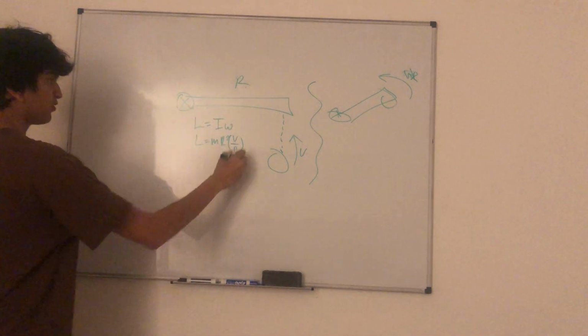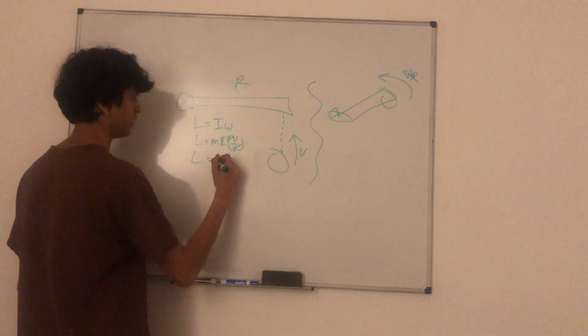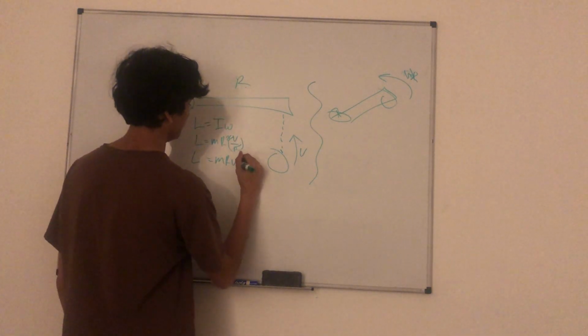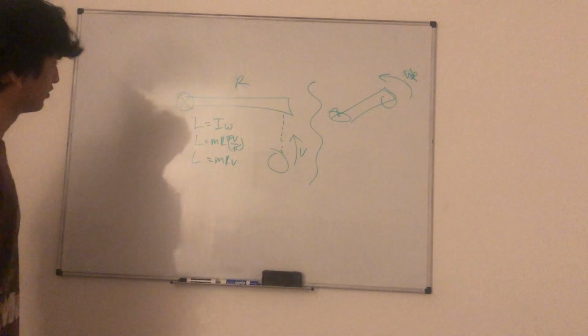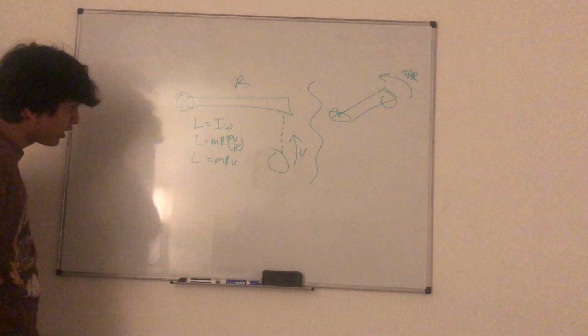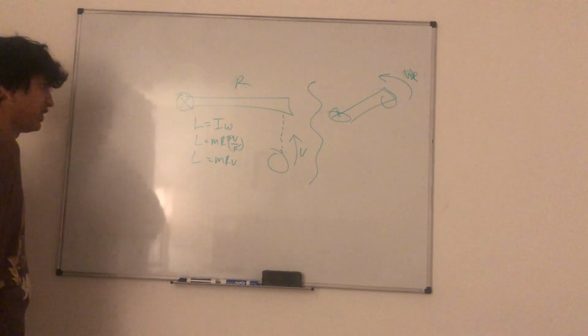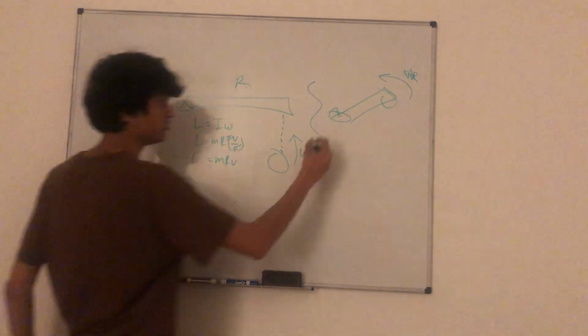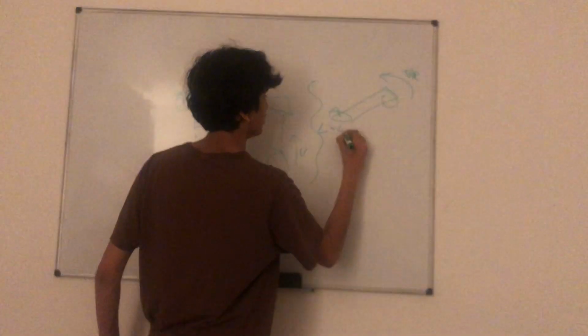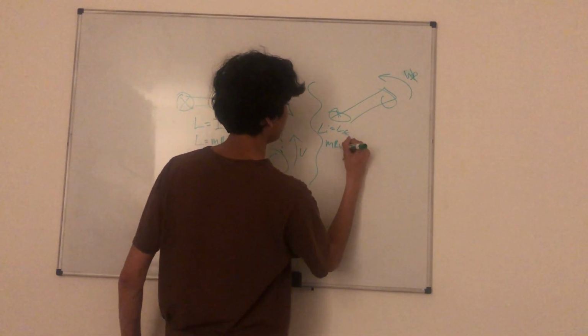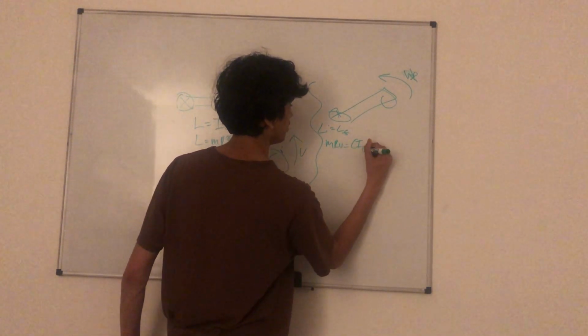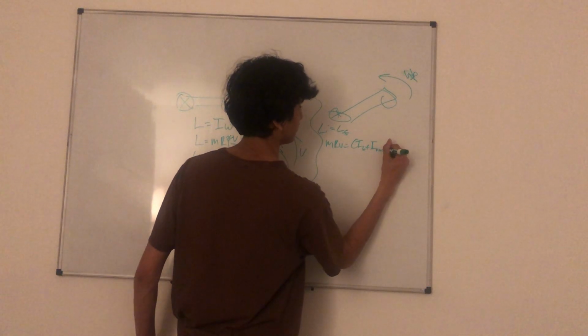Then these r's cancel out, and you get L is equal to mvr. So there you go. Now what you notice is that that makes sense. We could still do our L initial equals L final. We can do mRV is going to equal I ball plus I rod, omega final,